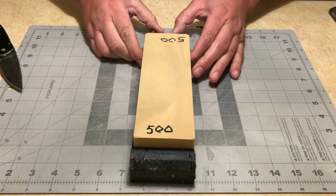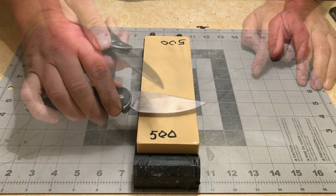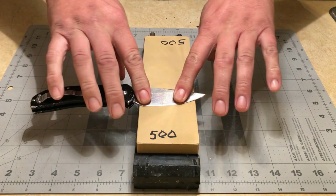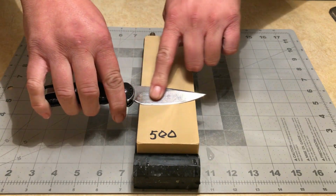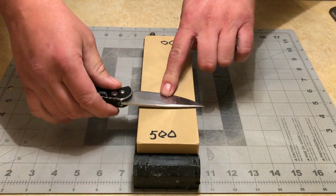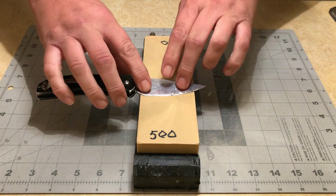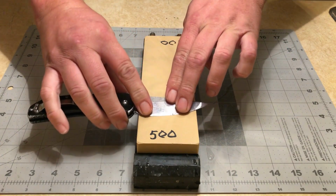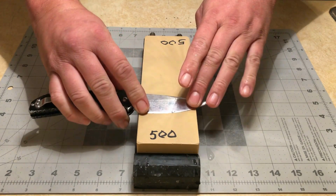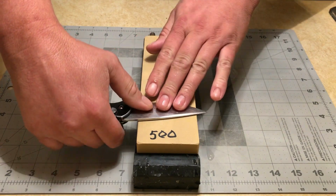Doing a full convex like what I've done with this knife is easier on a flat grind. With this, all I'm going to do is lay the knife completely flat on the main grind here. It's going to have a slight tilt just because of the angle of approach, but I'm going to start completely flat. I'm going to go back and forth just like this, and as I sharpen, I'm going to slowly raise my angle. So I'll start like this,